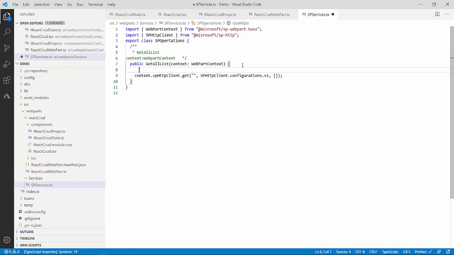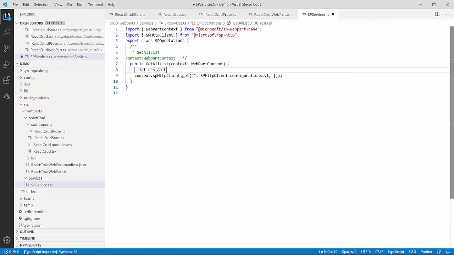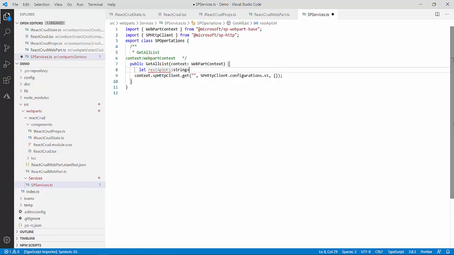So now I will generate my list URL, to construct the REST API URL to get all the lists. Over here I will declare one variable, let restApiUrl, of type string, and here I will generate my URL. First of all I will get the site URL.